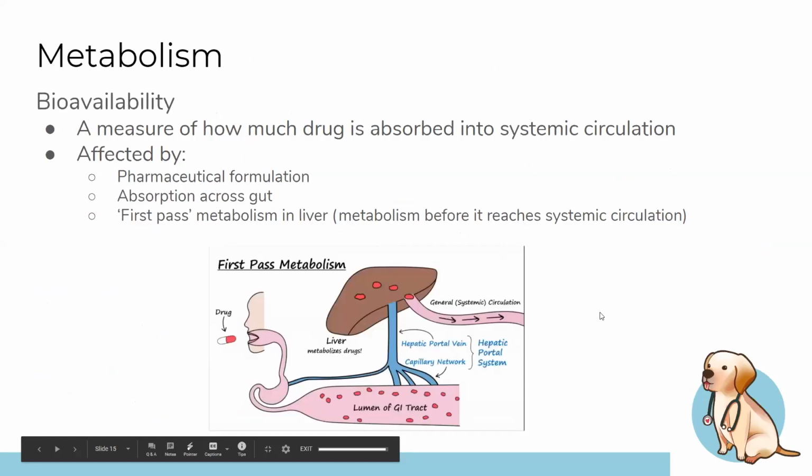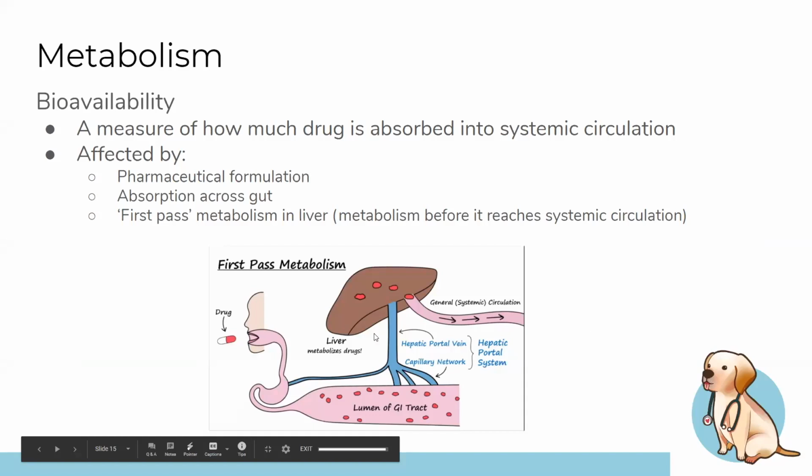So on to metabolism. Bioavailability is a measure of how much drug is absorbed into systemic circulation. That's basically how much drug is able to actually get to the part of your body it needs to produce an effect. It can be affected by pharmaceutical formulation, absorption across the gut, and first-pass metabolism in the